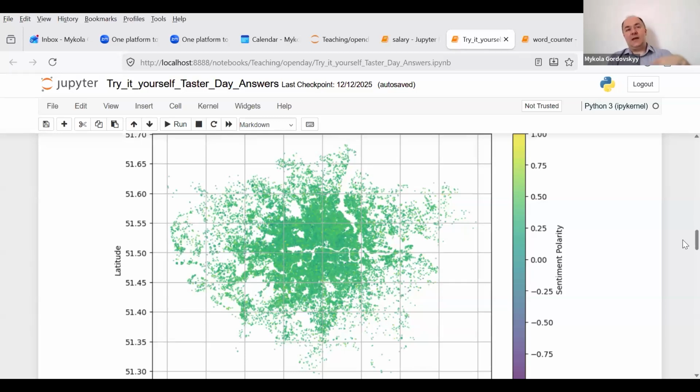Why? Because along with the address of each Airbnb host, we can look at satisfaction and other metadata provided by the host about their guests. One of them is, of course, satisfaction. So if we look at this map again, it follows very much the map of London. However, there are basically gaps on the map,